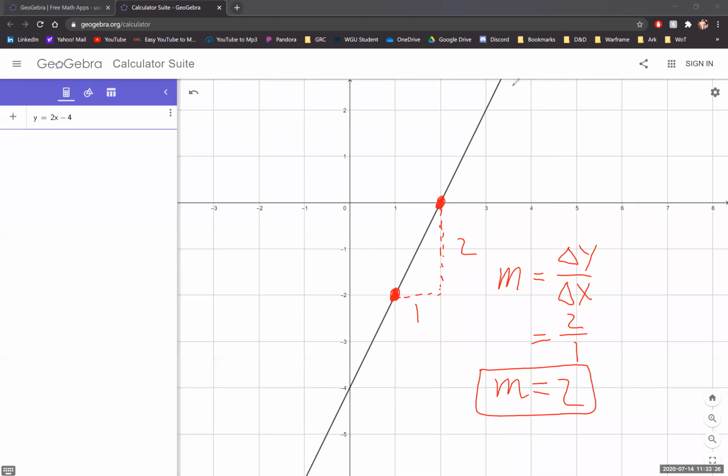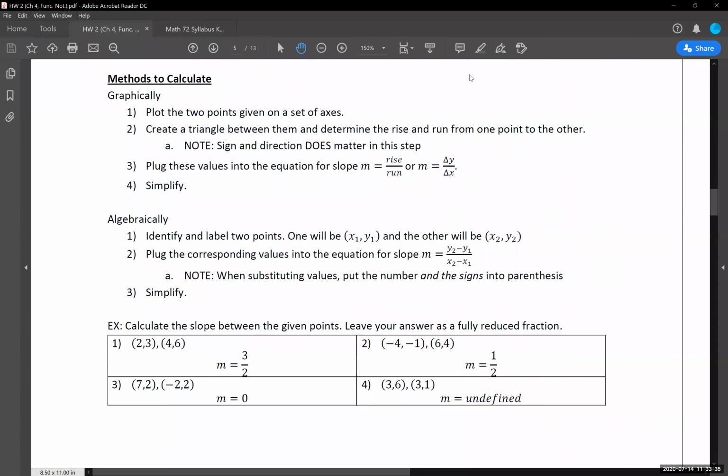So I'm going to jump us back to our notes, and we're going to take a look at how we would go through and solve this algebraically, because this is the more common occurrence that shows up. We could do this if we had a graph with some points also, but this is the more in-depth way. We've got some examples down here.